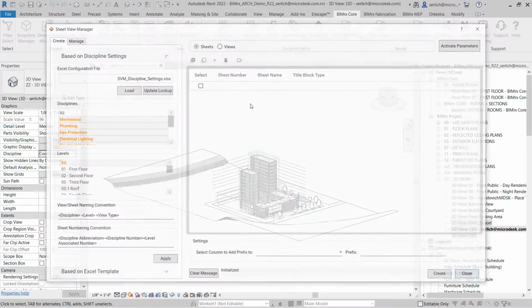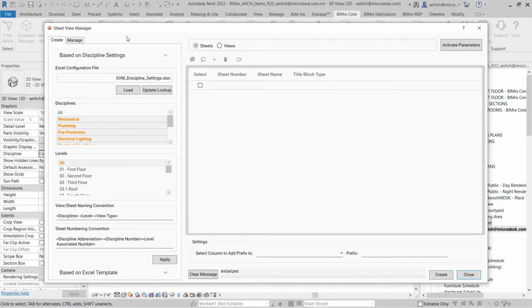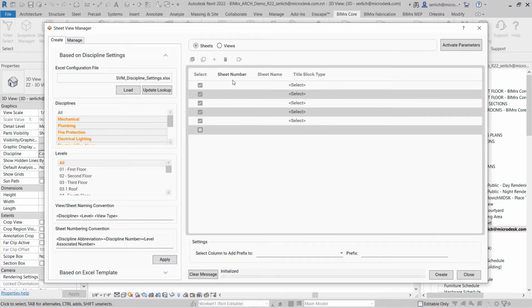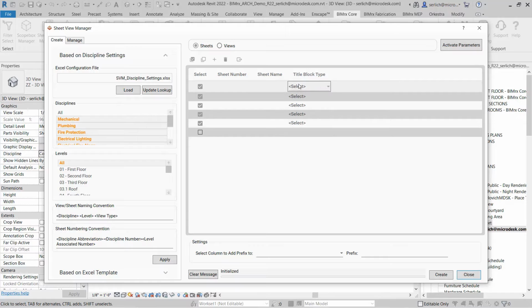The BIMrx Sheet View Manager allows you to easily create sheets and views and manage those sheets and views within your project. Here you can select to create sheets, create views within the BIMrx interface. I can add rows of data to my sheets, input the necessary information,